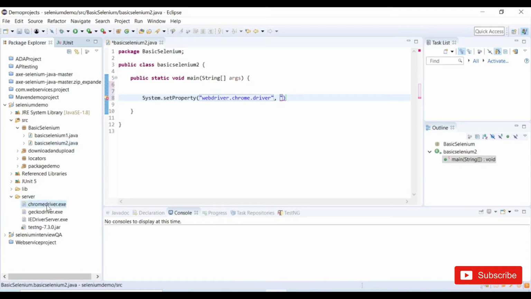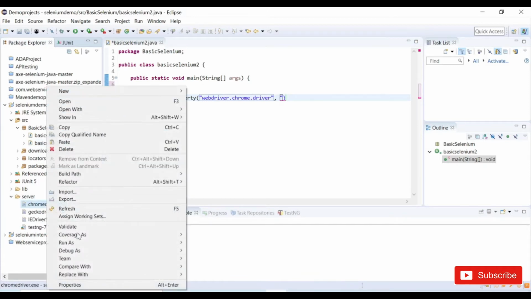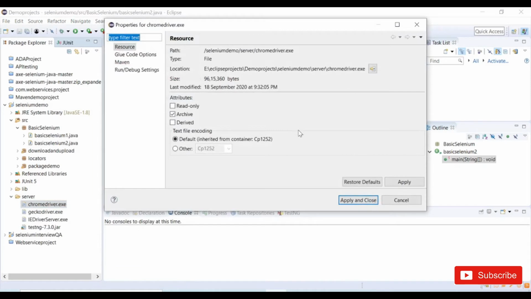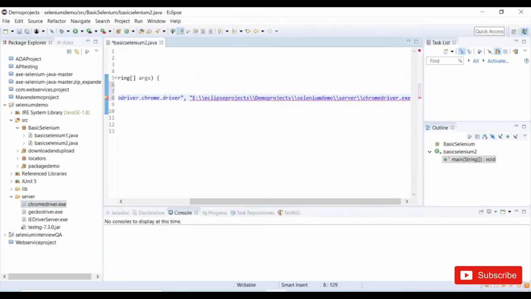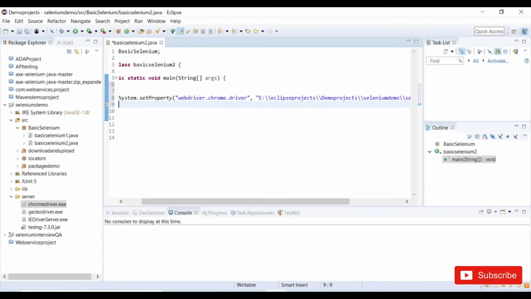I have the server in my servers folder. I will copy this location, and here we will paste this location and end with a semicolon. Now we are ready with System.setProperty. Now we need to initiate our Chrome browser.